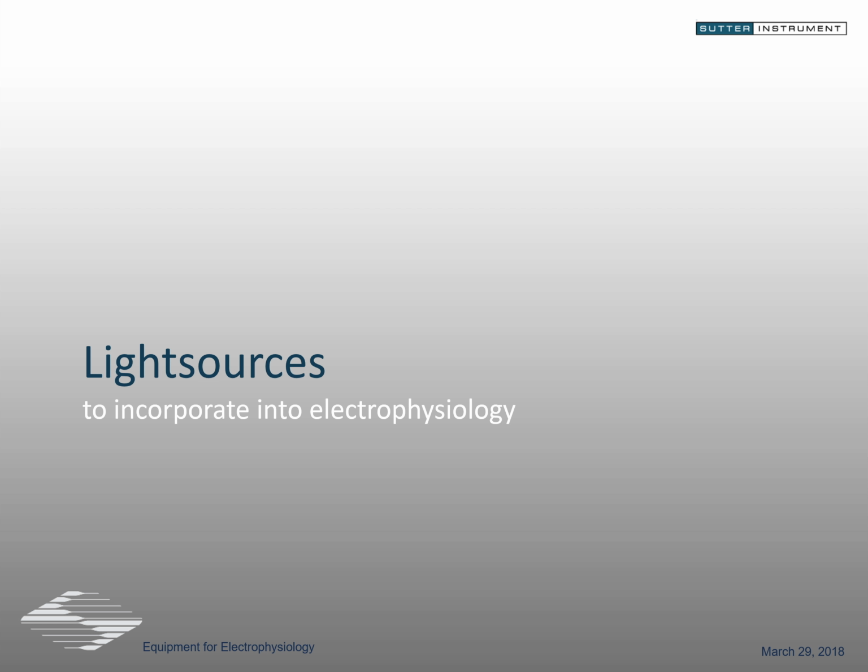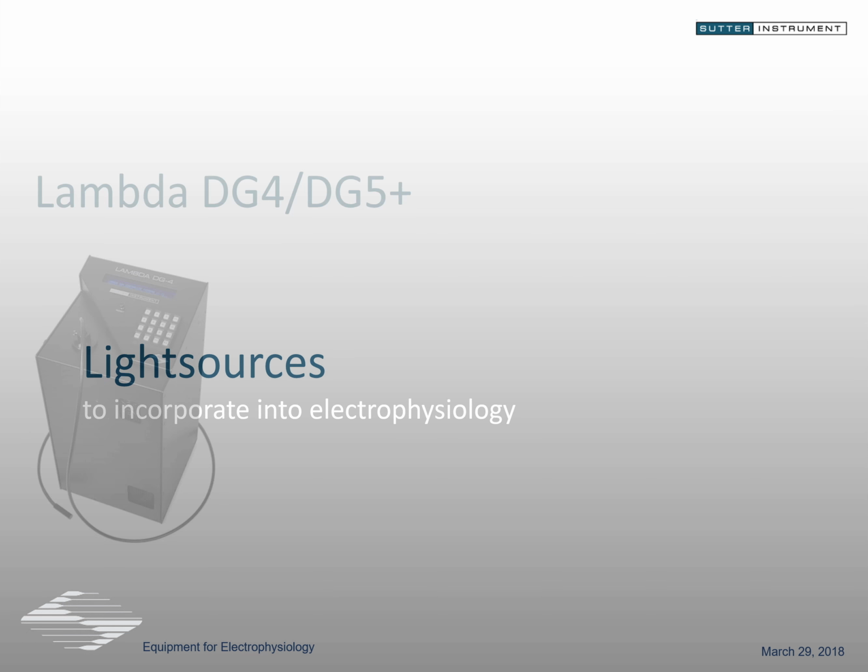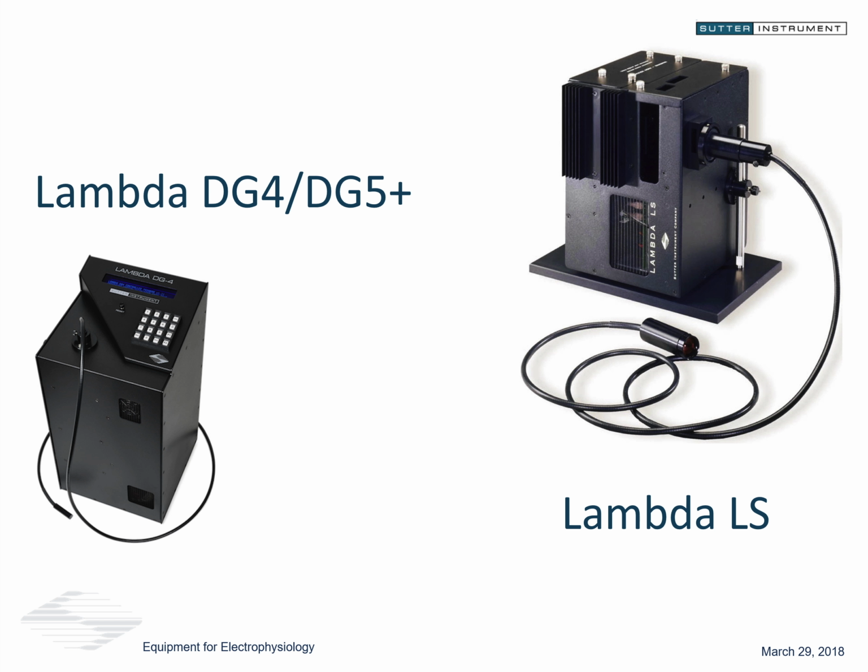Okay. So light sources. I think in the example in the beginning, I showed a little LED that was on the side of the microscope. But there's actually all kinds of light sources, as most of you know, that can be used for imaging. And in this case, we see two of our workhorses here. These are xenon lamp-based light sources. So xenon light puts out a very broad spectrum, very powerful light across a broad spectrum. And our Lambda LS is sort of the workhorse xenon light source for microscopy, whereas the Lambda DG4 has some exciting features built in so that it can do very high-speed switching of the wavelengths of light that it's using and sending to the microscope.